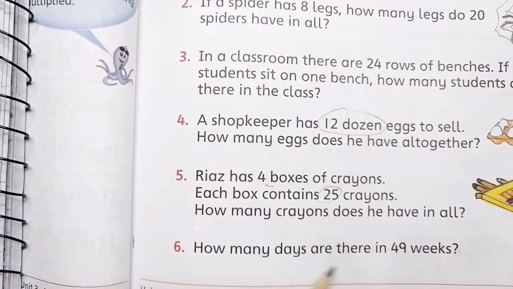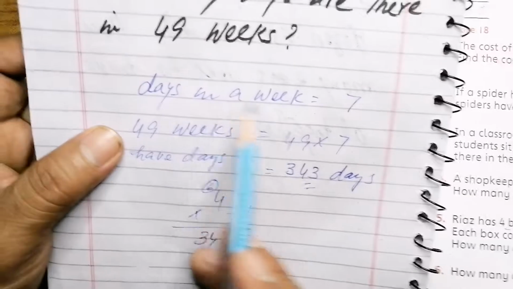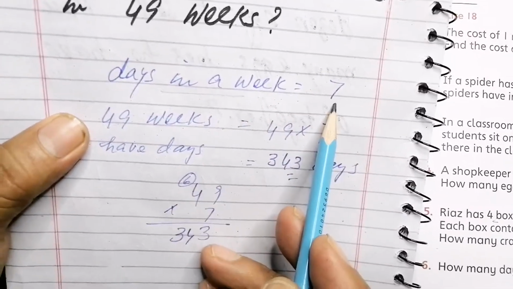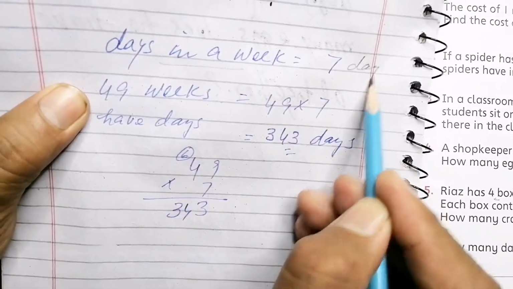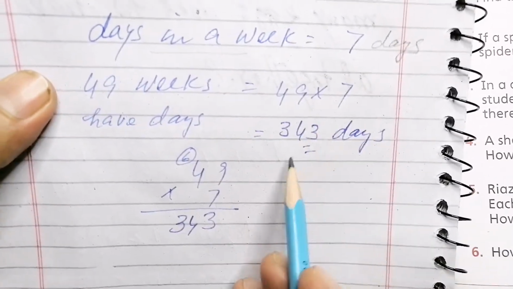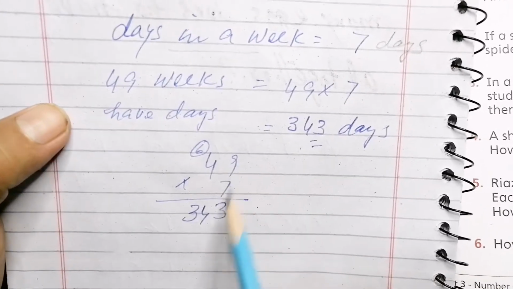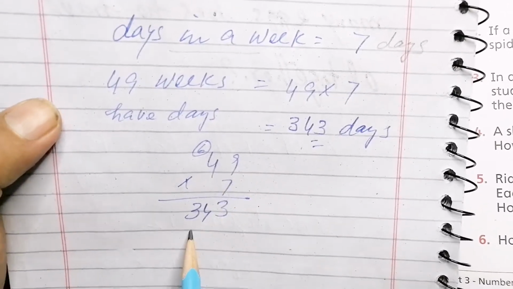How many days are there in 49 weeks? So 49 weeks, days in a week. In 1 week we have 7 days, right? And 49 weeks means that we multiply 49 by 7 and we get 343 days in 49 weeks. So simply you can multiply like this also, right? Okay, now